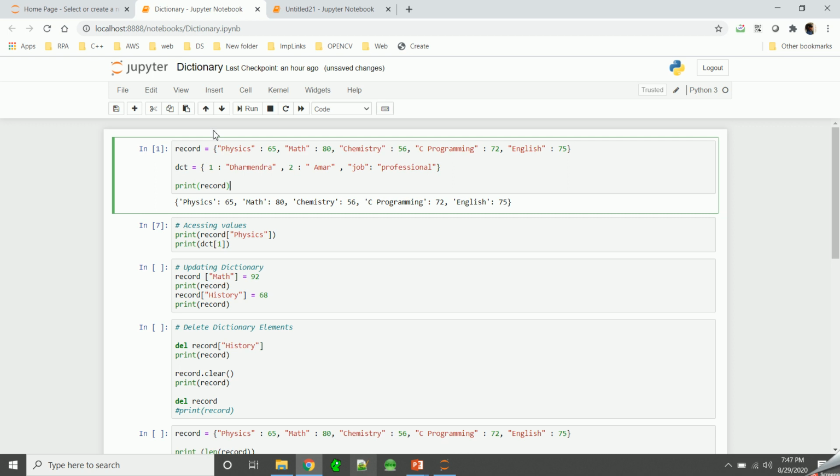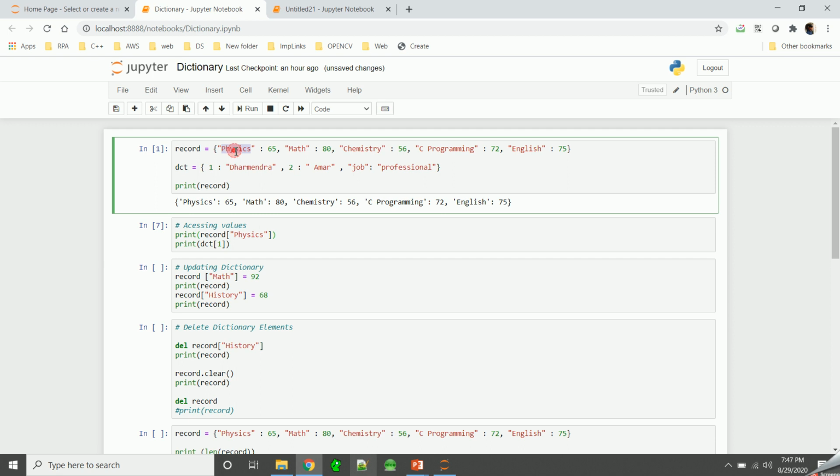Let's run this cell and see what we are getting. Here we are printing this dictionary. It has printed the content of this dictionary, which is physics 65, math 80, chemistry 56, and so on.